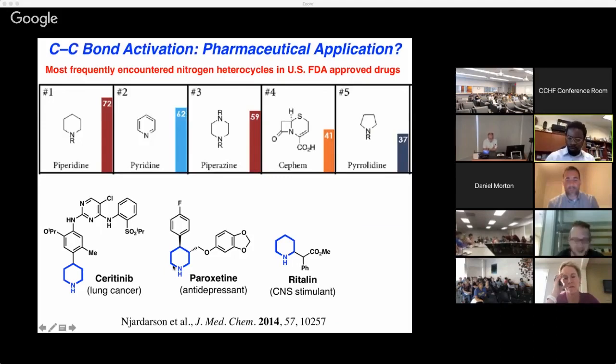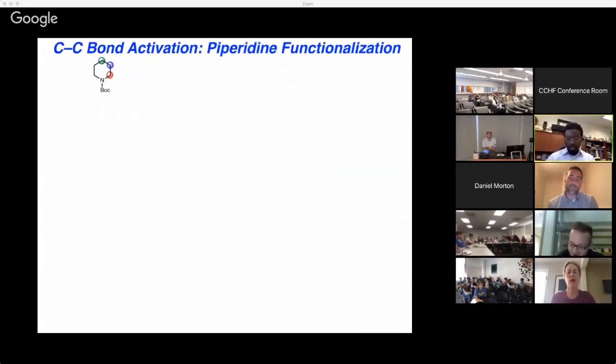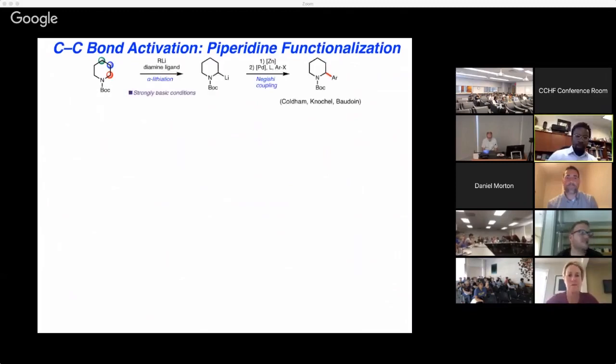And so in general, there's been a lot of interest in being able to program the site-selective functionalization of piperidines in a controlled way. Now, of course, this is not a new idea, and this is an idea that many have thought about before. Our laboratory has become interested in this, and if one looks historically at how this has been done, one only needs to look at the work of, for example, Peter Beak or Gideon Fraenkel and others that have contributed to this area, Bob Gawley and so forth, to appreciate that in the past, really a